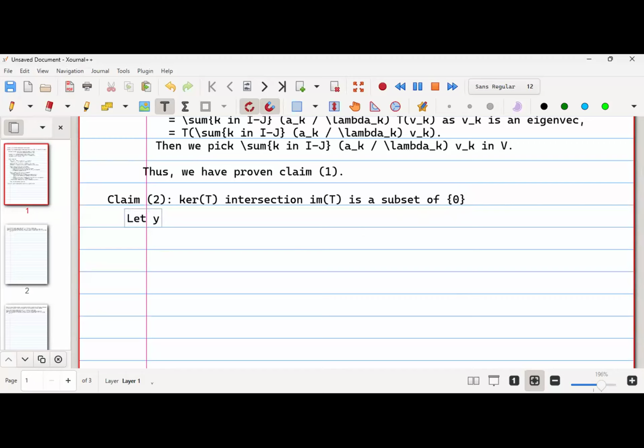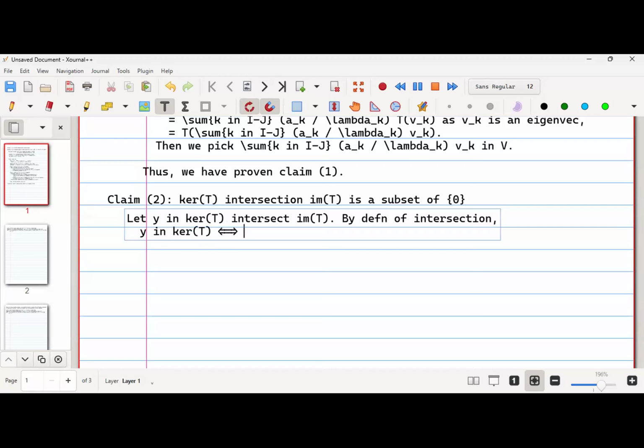So let's start by saying let y be in the kernel of T intersection image of T. By definition of intersection, y is in the kernel of T, and